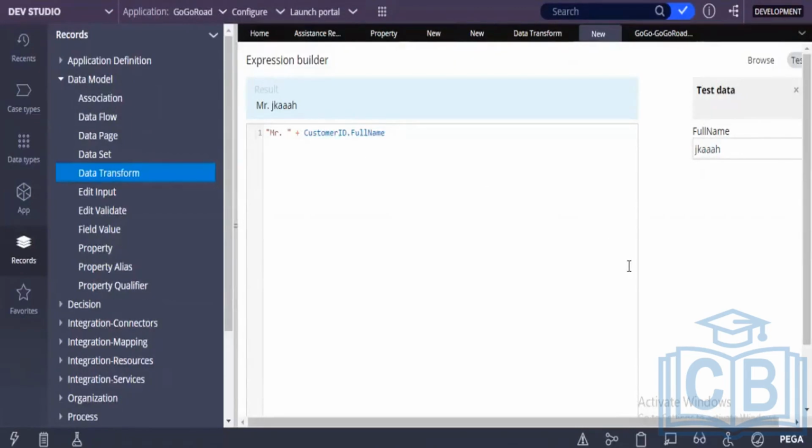Quick check. Expression builder is preferred when we have multiple lines of code. We will discuss expression builders. Use expression builders. There are many functions available to manipulate data. Datetime functions, if you want to check differences. Business calendars. If you want to check a duplicate in a list of